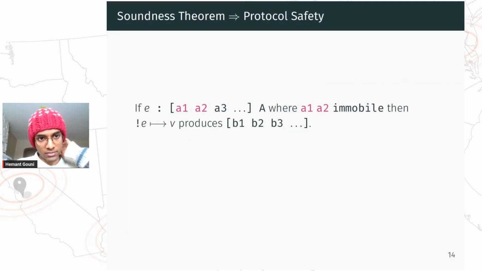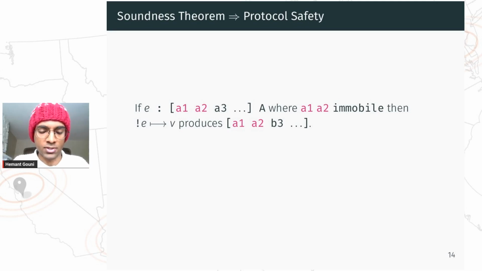So our final soundness theorem is this. It's protocol safety, and there's a lot of different ways to state this, so I'll just state a little fragment of it. So basically, if we have a well-typed program containing resources A1, A2, where A1 and A2 are immobile, and if I push it down to a value, it produces resources B1, B2, where one potential satisfying dynamic resource context